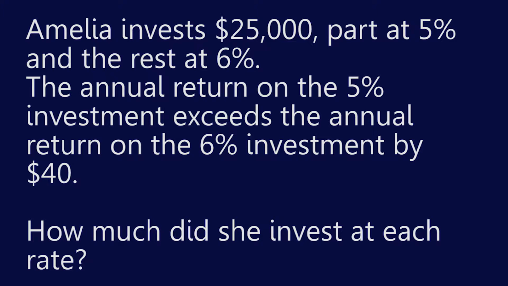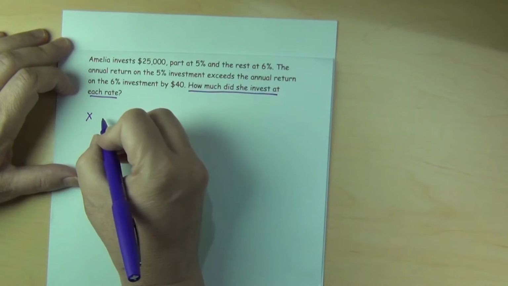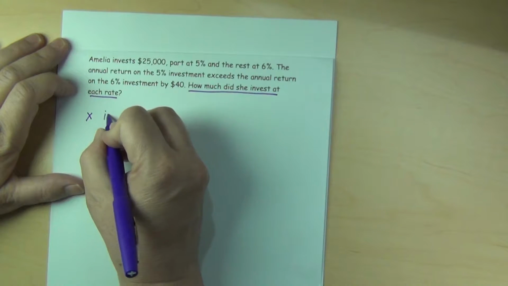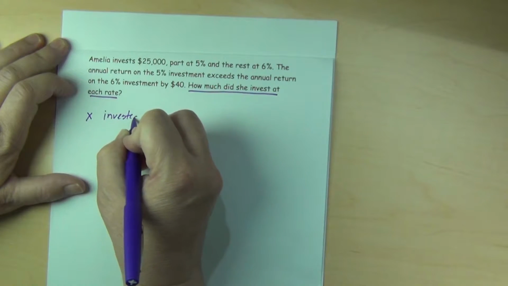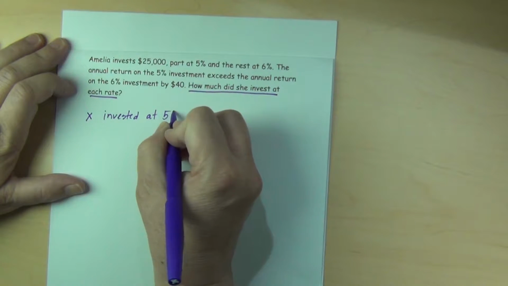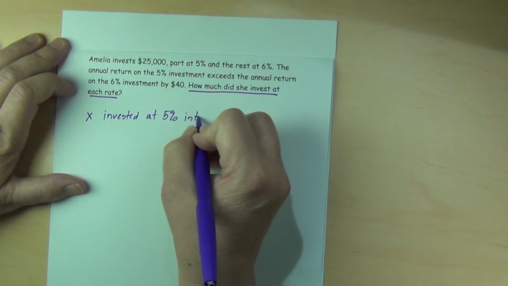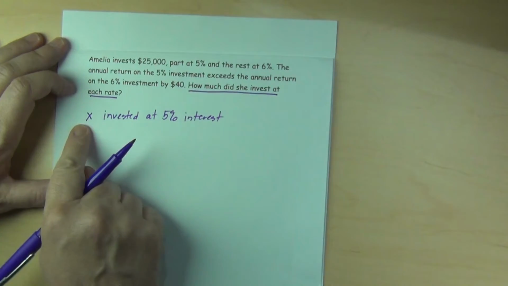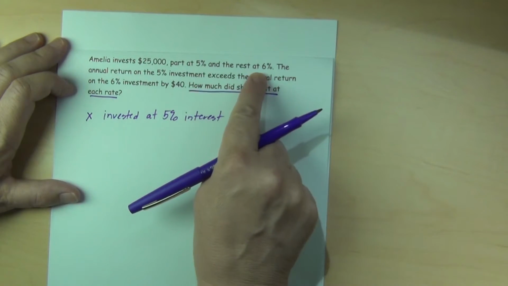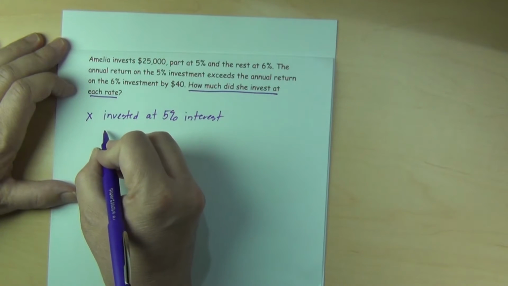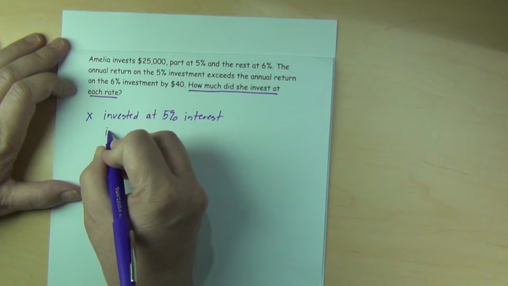First of all, this is a question regarding simple interest. And the question that is asking us, how much did she invest at each rate? So we know that our variables need to match up with that. Let's let X be the part, what she invested at 5% interest. And that's, of course, dollars. And the rest of it is at 6%. So the rest is going to be invested